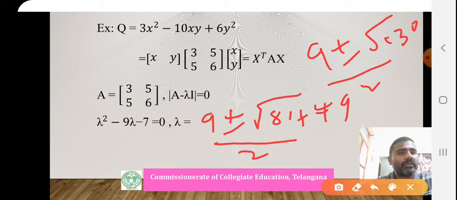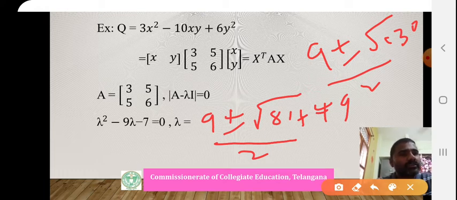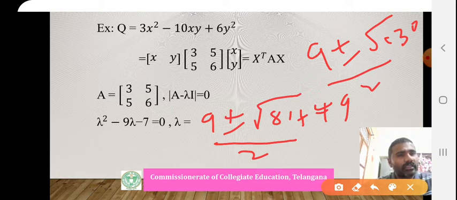And one more thing is the excess number of positive terms. What is the index? Index means number of positive terms. The positive term is 1, and the number of negative terms is also 1. What is the excess number of positive terms over the negative terms? 0. Positive and negative terms are equal, there is no excess. That's why the signature will be 0.